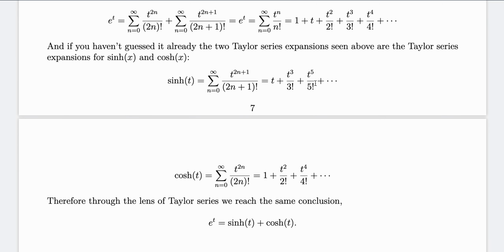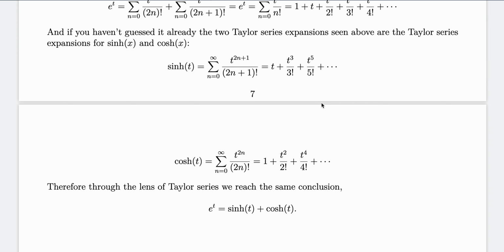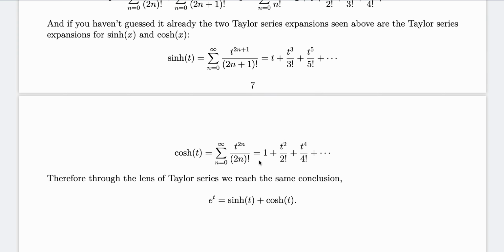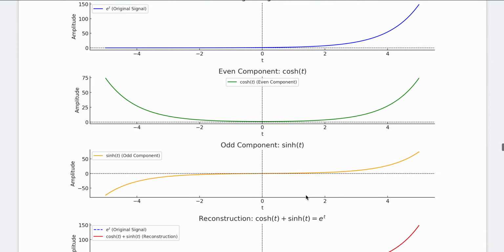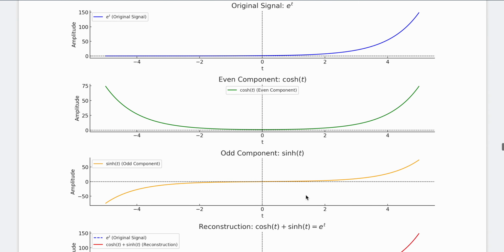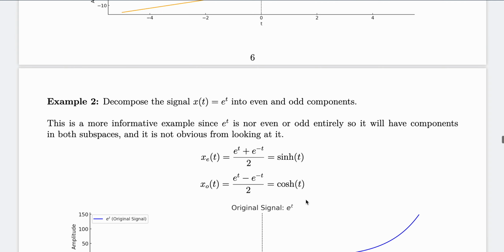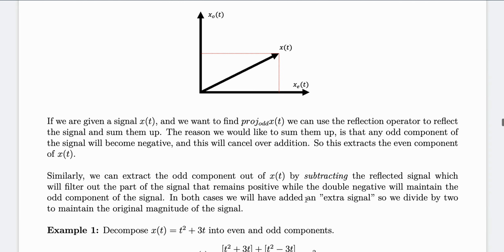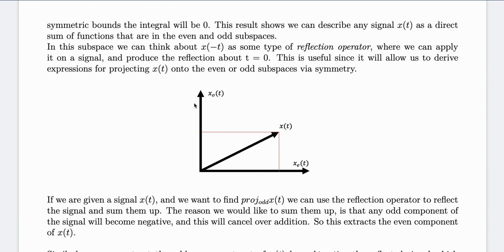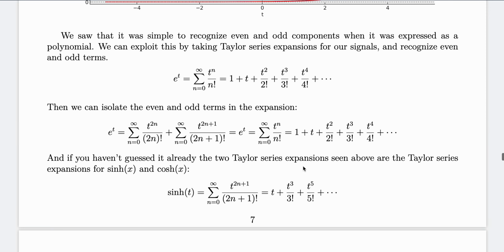as shown here. So by two different approaches, we were able to decompose e to the t into a sum of even and odd functions. In this case, they were hyperbolic sine and hyperbolic cosine. But I hope that looking at this through a linear algebra lens, looking at the projections onto the even and odd subspaces, and also looking at the Taylor series by seeing what you know about even and odd in terms of polynomials, I hope that this makes a little bit more sense and it might convince you